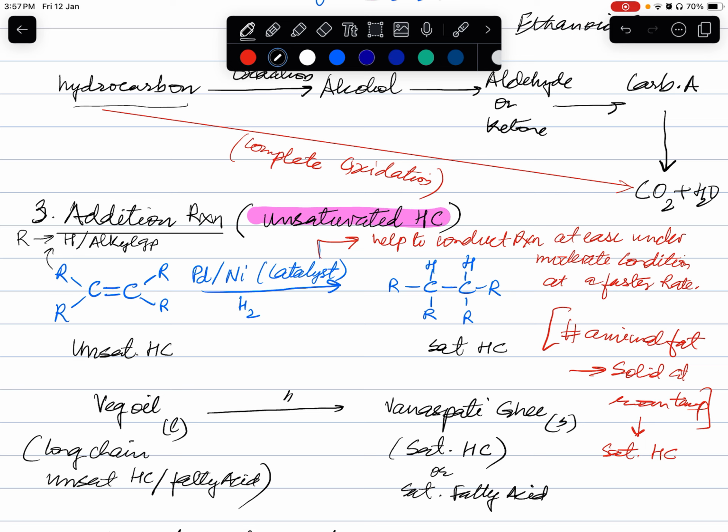So this is a general compound, any unsaturated hydrocarbon, when it is treated with hydrogen in the presence of a heavy metal like palladium or nickel. These metals act as a catalyst here. What are catalysts? Catalysts are those substances which are not involved directly in the reaction, but they help to conduct the reaction